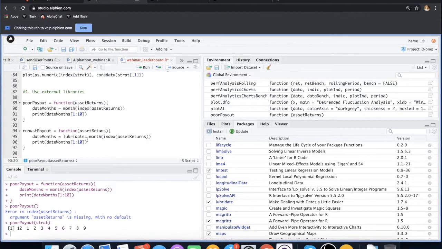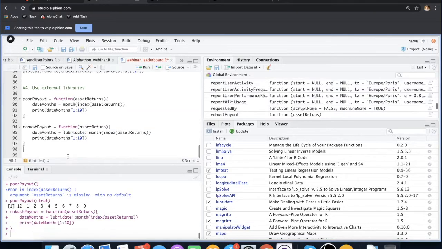Maybe the months will be returned as string. So to make sure that the behavior is exactly the behavior that we want as the person that has designed the strategy, we need to make sure that it's explicit that it is this month function from the Lubridate package, so that we are able to run this like this.